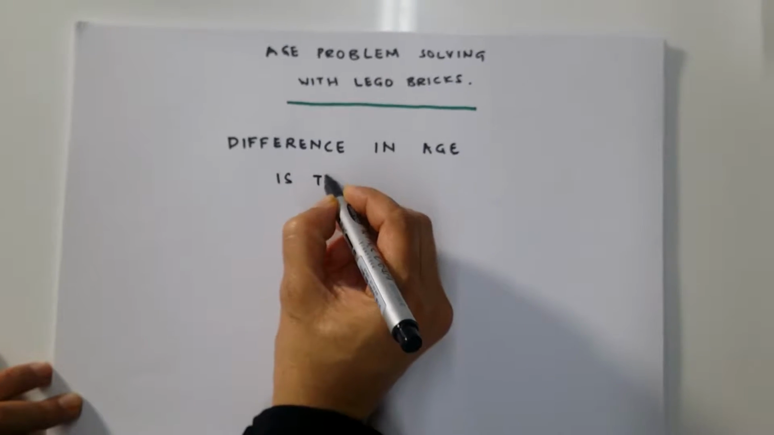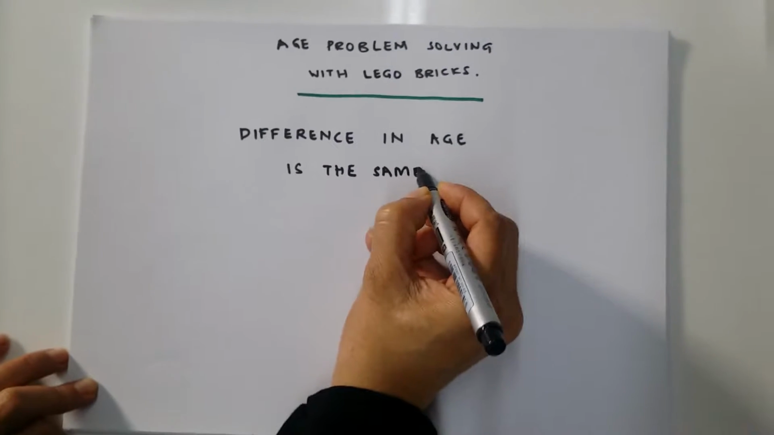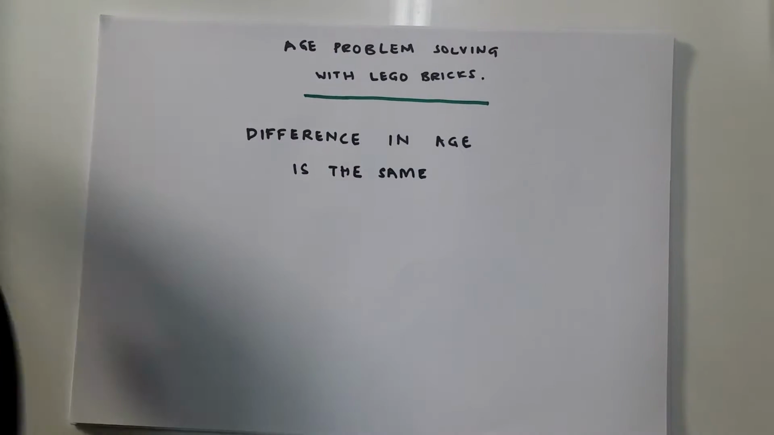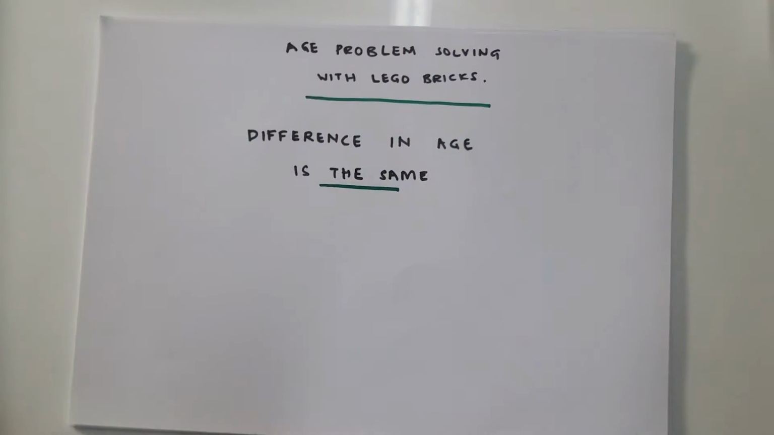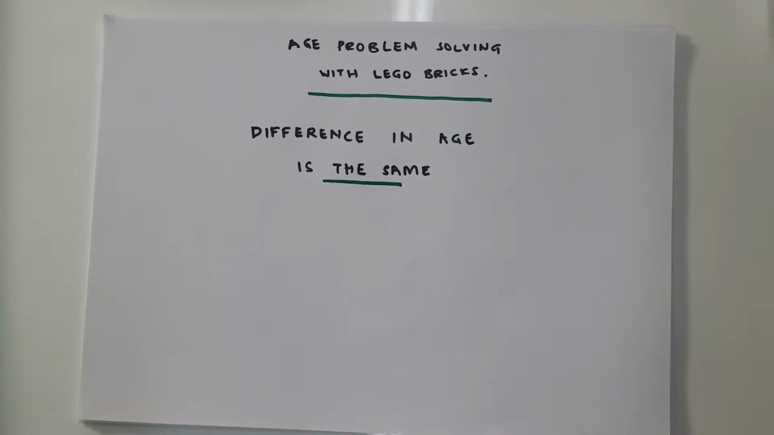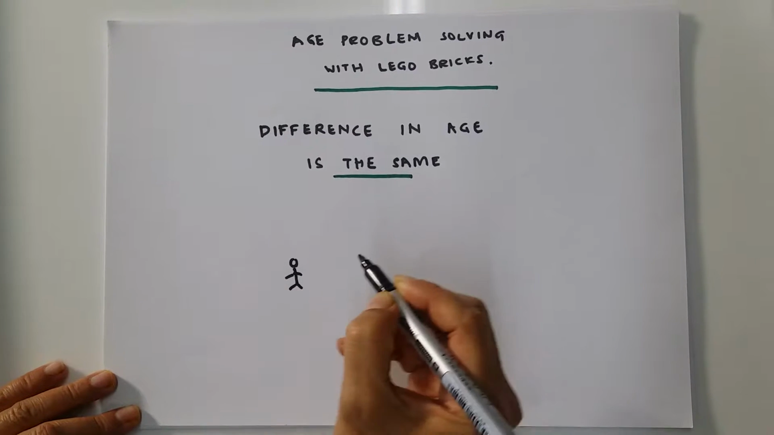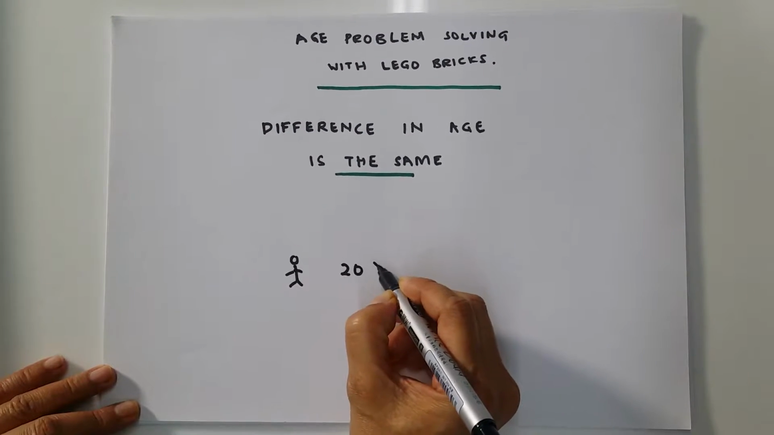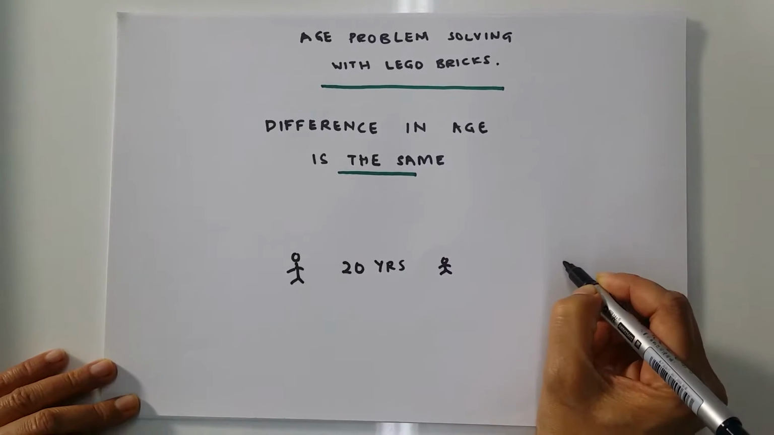The difference in age is the same. What do I mean when I say the difference in age is the same? Okay, let's say this is me, I am 20 years older than my son. Now,